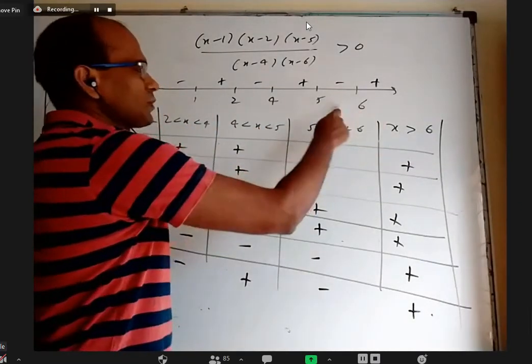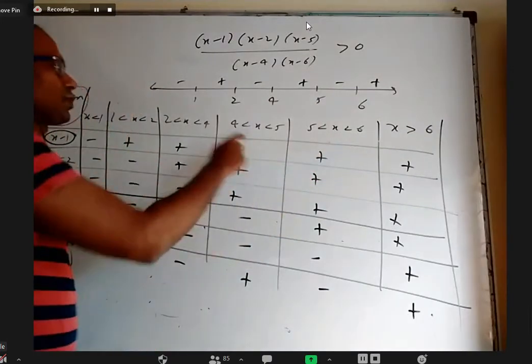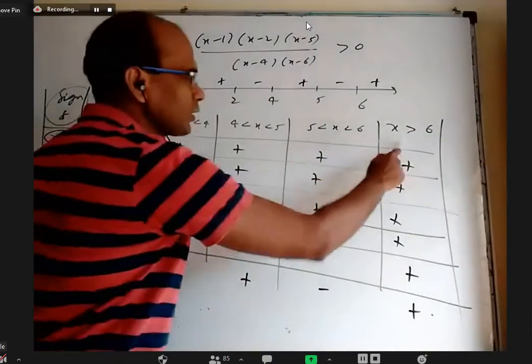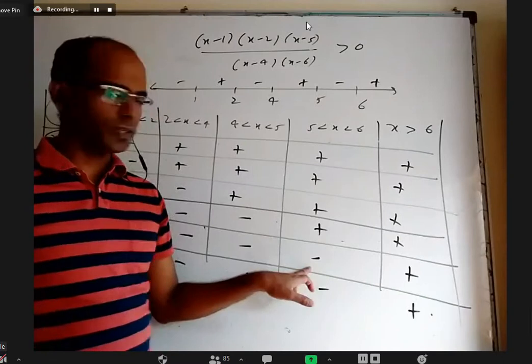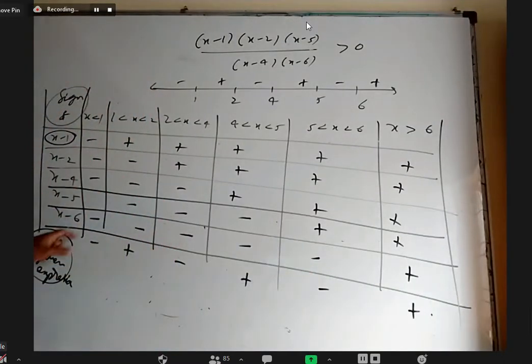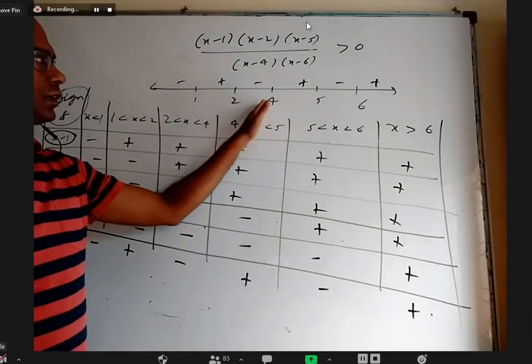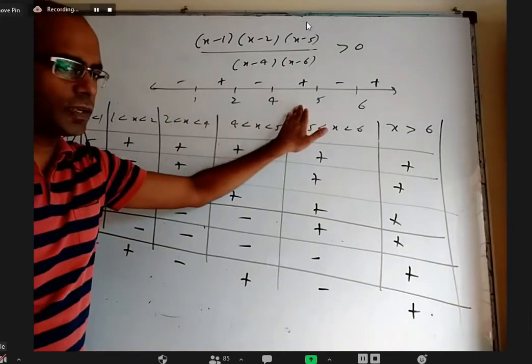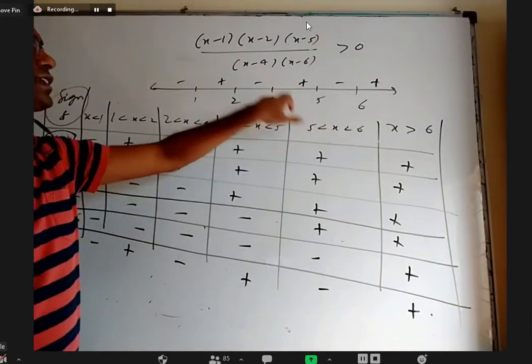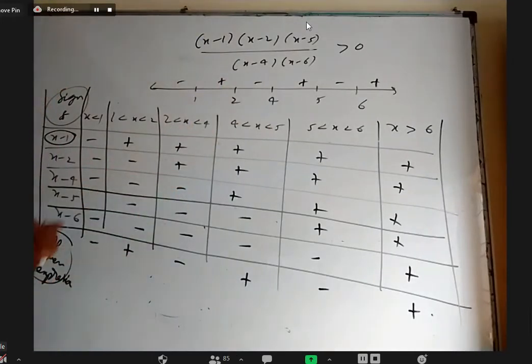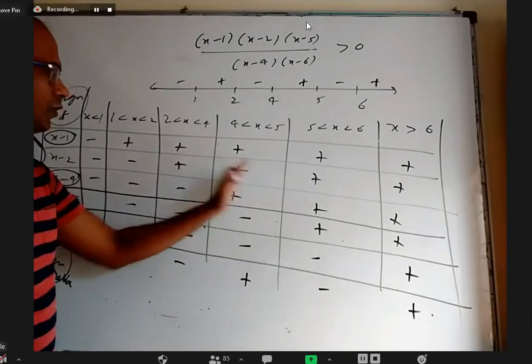Just after 6 or just before 6, it is positive only. This is positive, this is positive. But this one, from positive, it changes to negative: x minus 6. Similarly, if you take a number from here to here, when you change from here to here, only the sign of x minus 4 changes. You can see, one time you are here, one time here.